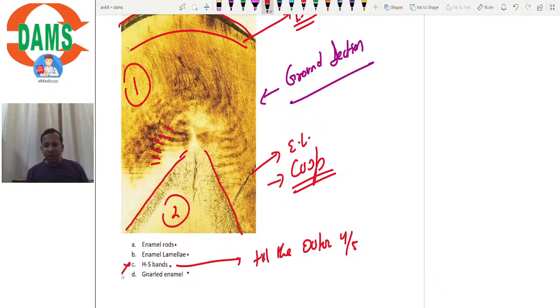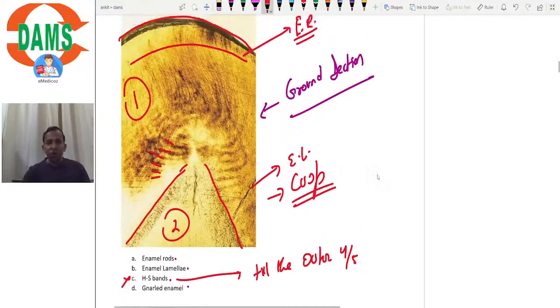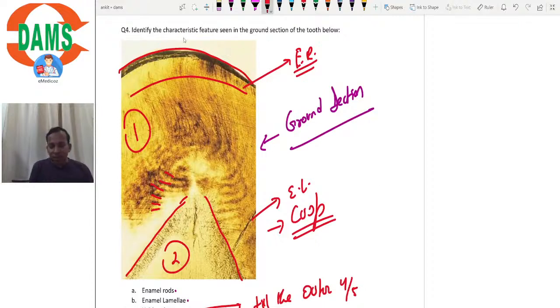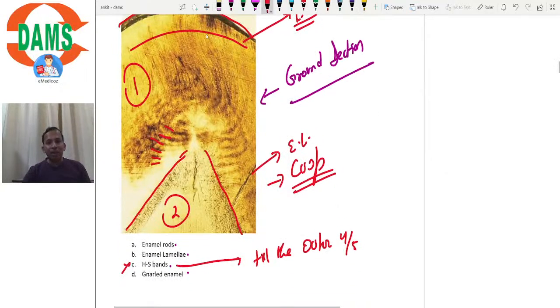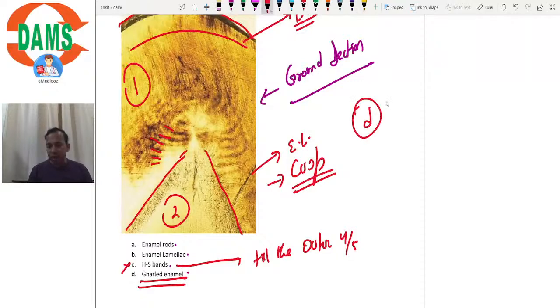Enamel rods can be seen. Enamel lamella can be seen. And obviously since it's a section from the cusp, gnarled enamel has to be there. Now the question is talking about the characteristic feature, a unique feature. A unique feature that is seen only on the cusp is gnarled enamel. Clear? And hence the answer to this question would be option D, that is